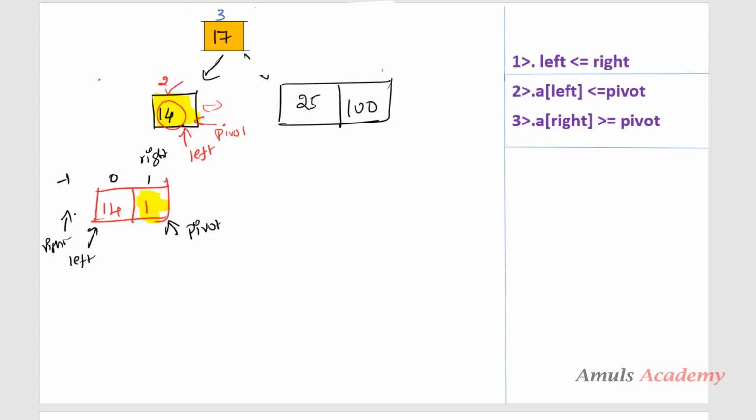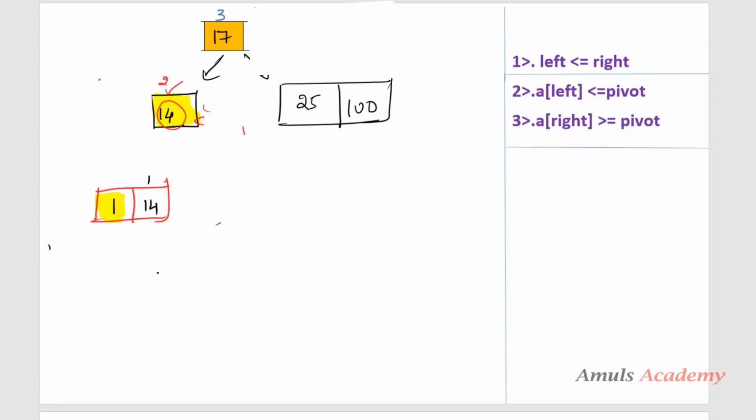So -1 index. Okay. Now we can see the left value is greater than right. The right value is -1, the left value is 0. So left is greater than right. So I need to stop and swap the value present at the left index with the pivot. That is nothing but swapping 14 and 1. If I swap that, it will become 1 and 14, right? Here 1 was the pivot value. So if we divide this, we will get a single list, 14, which contains only one element. If a single element is present, it is sorted, right? So it will return 14 here.